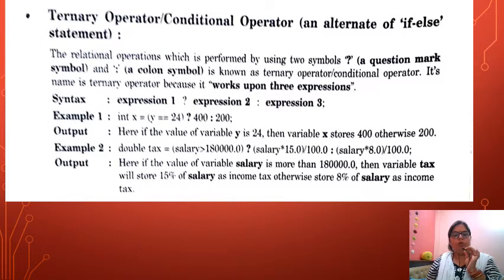Here, if the value of y is 24, x stores 400, otherwise it will store 200. Like that here also, if salary is this, then the answer will be this, otherwise it is this. So it works like if, then it works like else. You see there are three expressions.